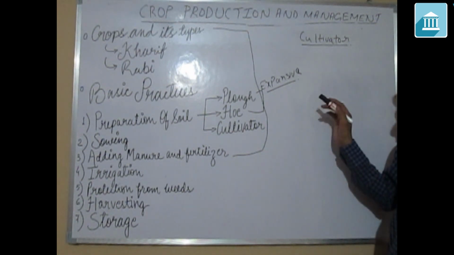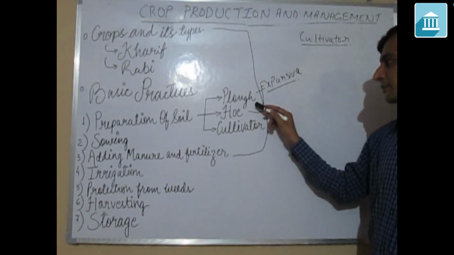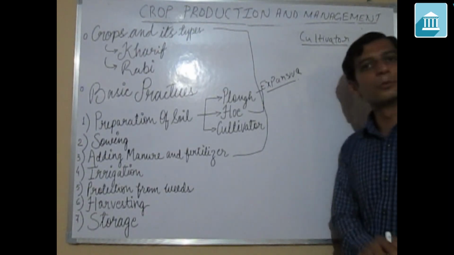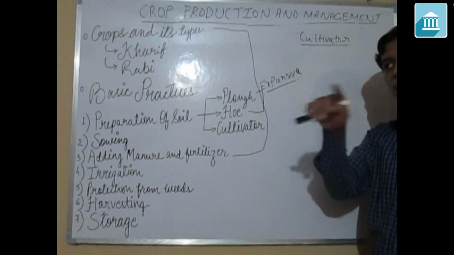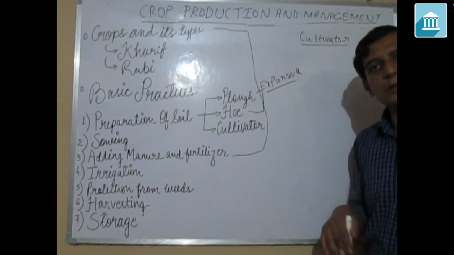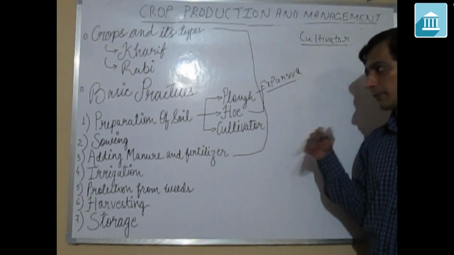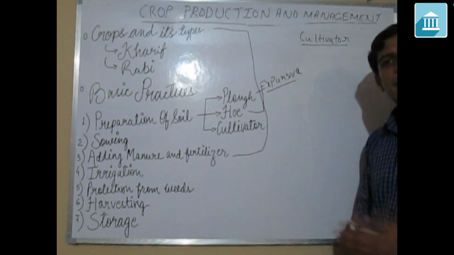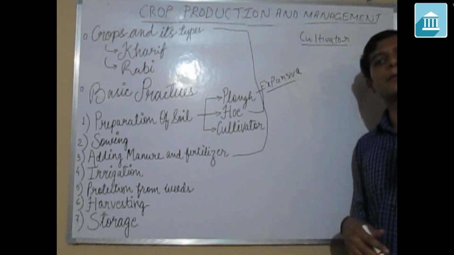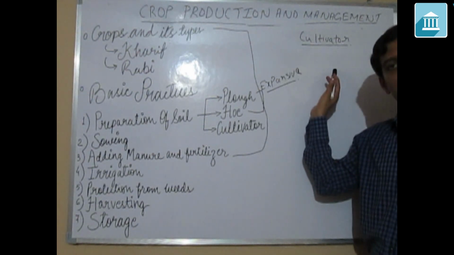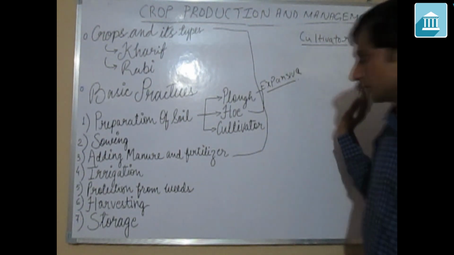Let me give you one example. I want to make you clear about these things. If you are going to take 2 bulls to plow, and you have a large land and have to plow the field, I think this may take 2 to 3 days. According to me, it's just an example to make you understand. It may take 2 to 3 days, but with a cultivator, we can do this in a few hours. Within a few hours, we can cultivate each and every part. Okay, so this was all about the preparation of soil.